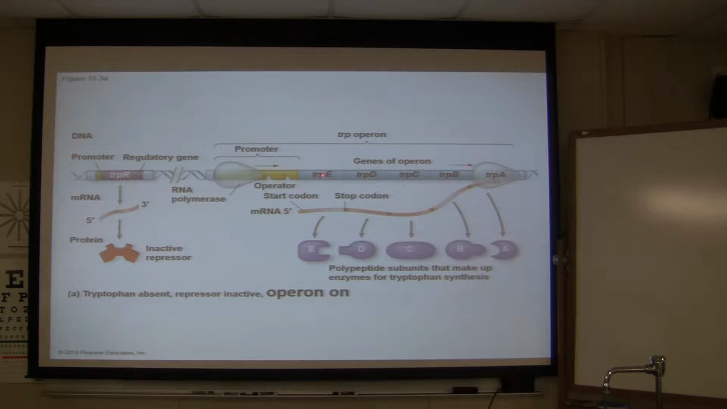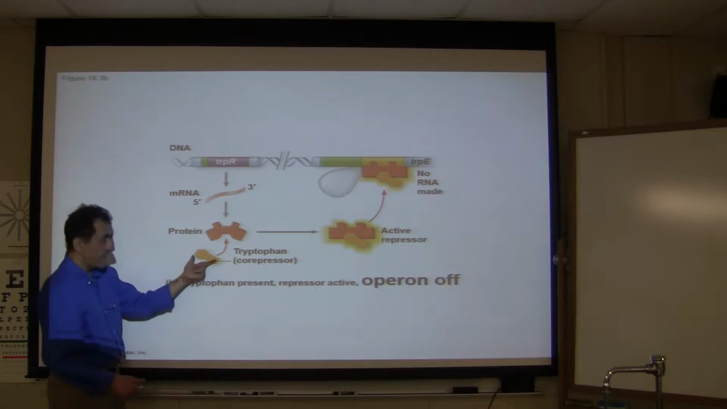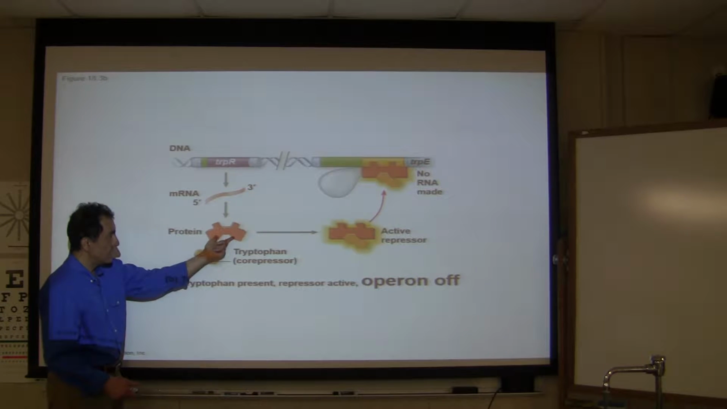The genes for tryptophan E, D, C, B. These are protein molecules. This is the mRNA transcription, and the RNA polymerase is responsible for making it. Voila, we are done. However, if there is ample tryptophan, that tryptophan attaches to the